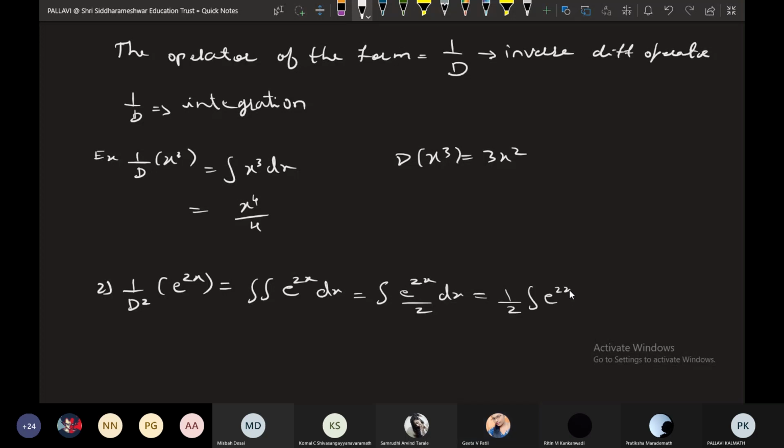constant outside. So integrate e raised to 2x with respect to x once more. So what will be the next integration? Again, it is e raised to 2x by 2. So you can write it as e raised to 2x